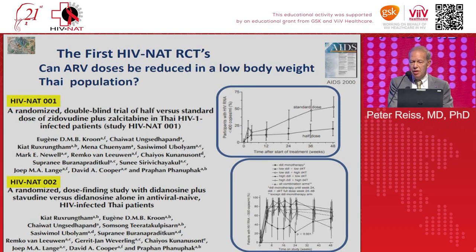These are the first examples of the randomized clinical trials at HIV-NAT, which started to address whether lower doses of the dual NRTI combinations available at the time could be used in a low body weight Thai population. These studies also set the stage for the setting up of a PK lab within HIV-NAT with the help of David Gerger's group. And although dose reduction in these early trials led to worthwhile suppression rates in general,